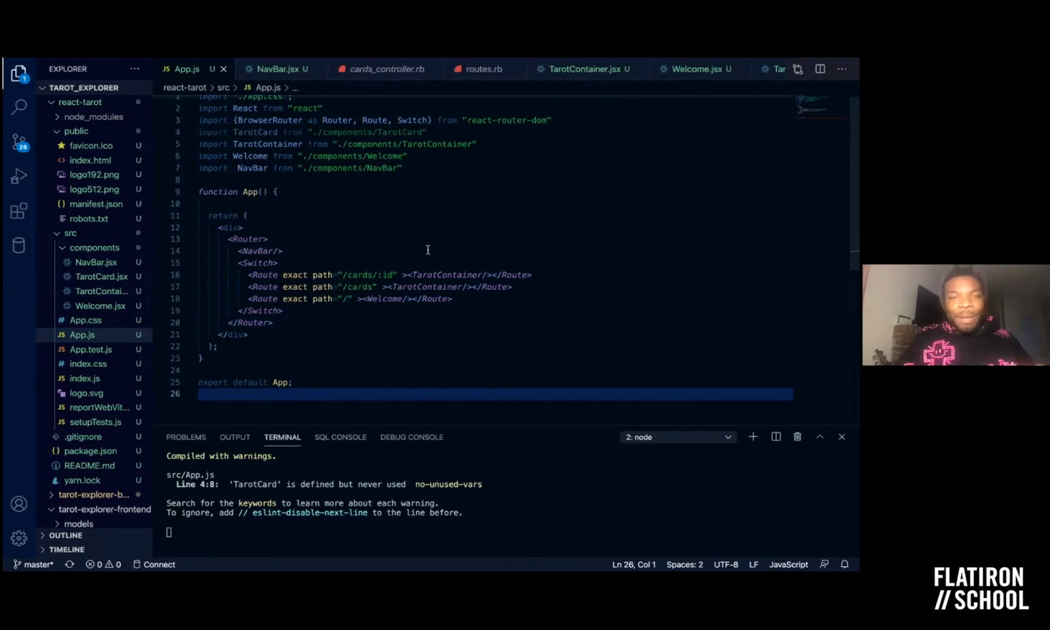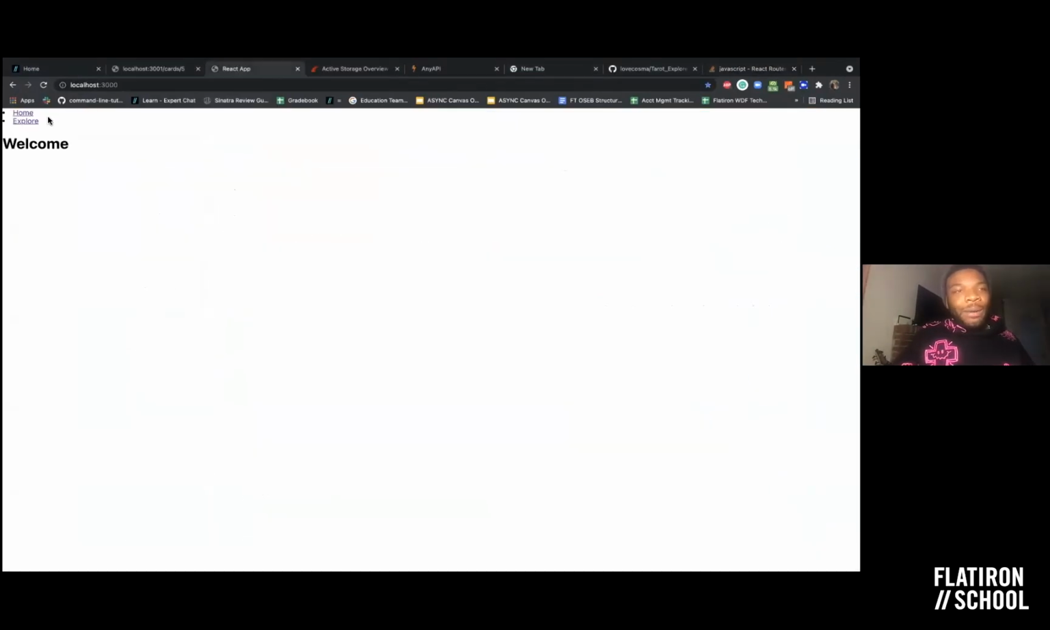Okay, so we basically have our route set up, right? This is where we are now. We can transition between these two. How do we actually go about displaying the information for tarot cards now? So we can do that by,